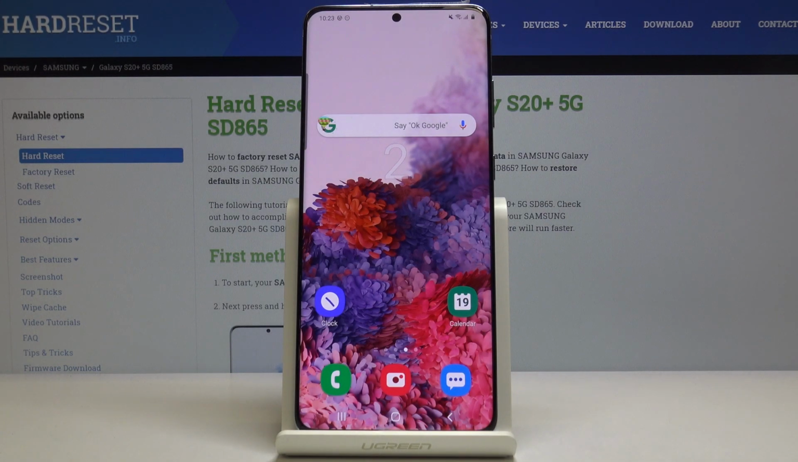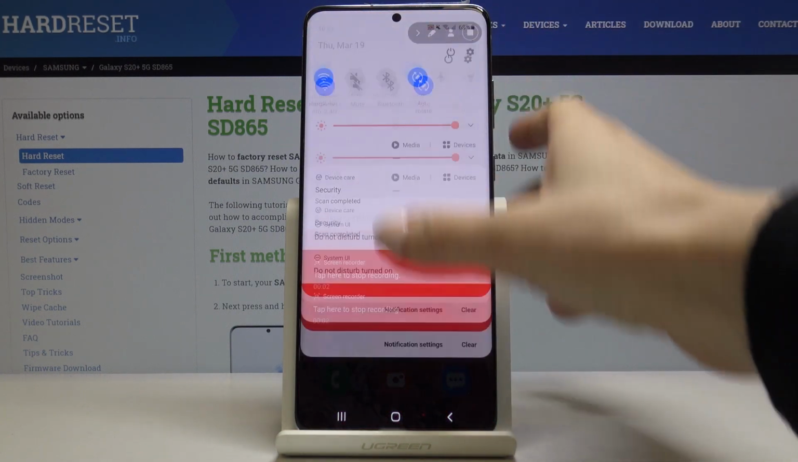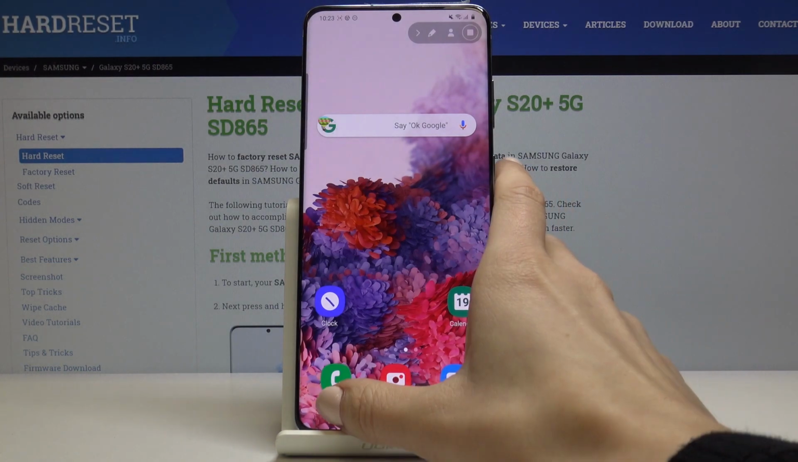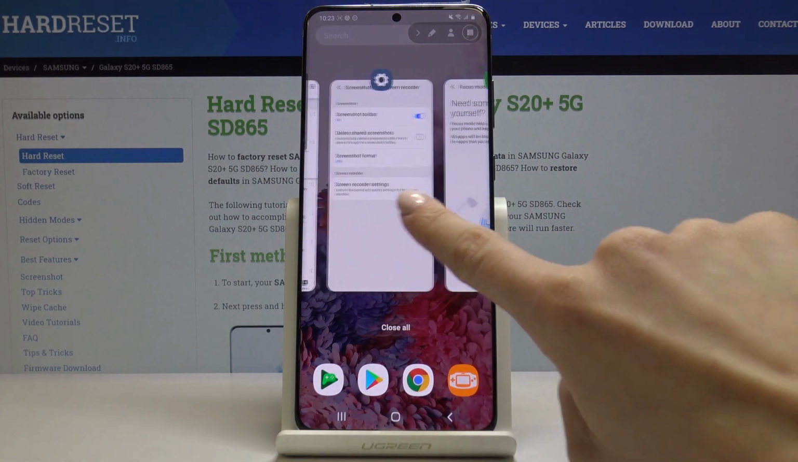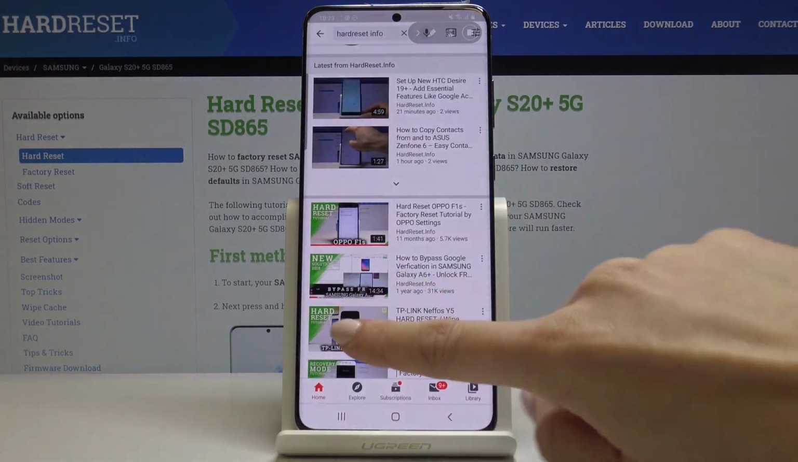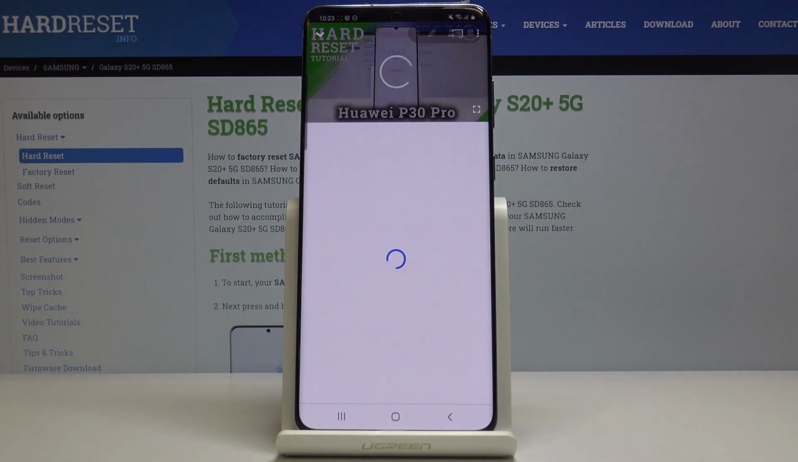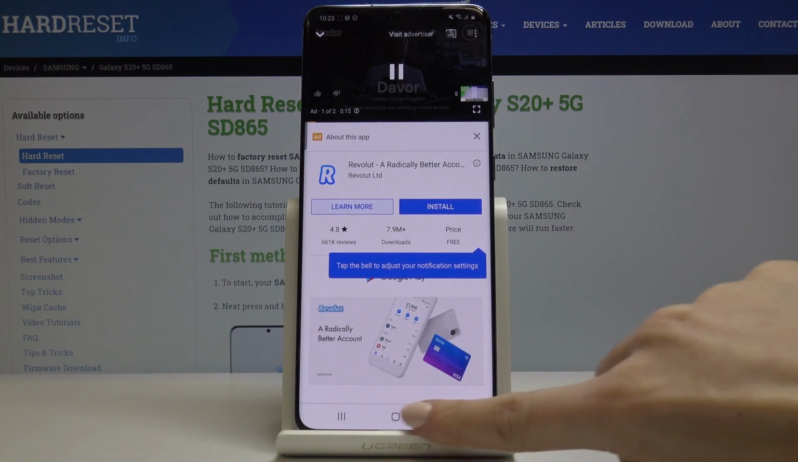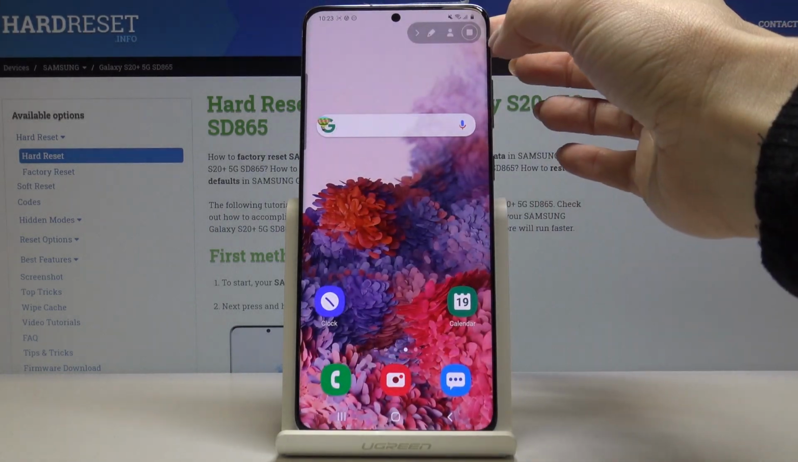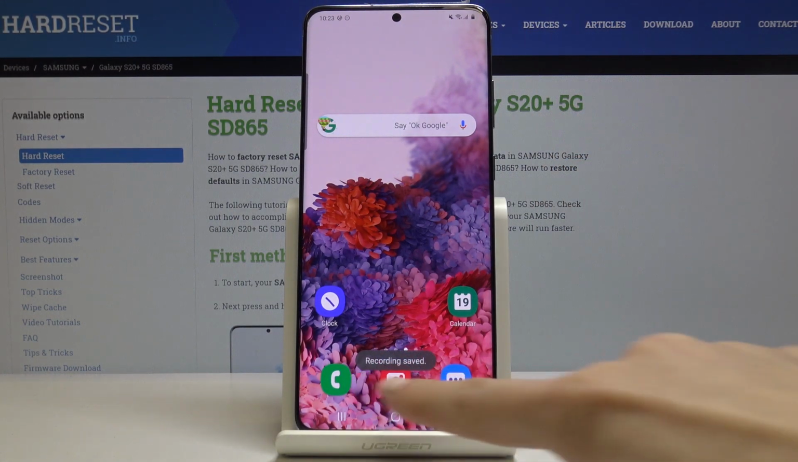So I will choose just media sound and then click on start recording. 3, 2, 1, and afterwards it will be recorded. So as you can see, it's being recorded, so we can perform some actions. Let me, for example, open YouTube. Let's go back, and now we can stop it by tapping on stop icon right here, and you can see